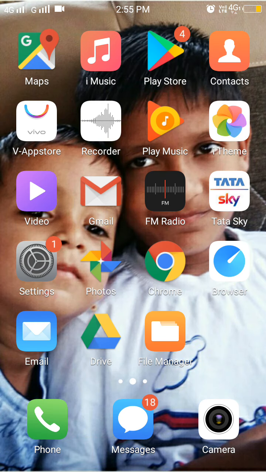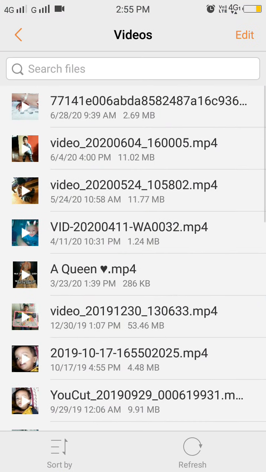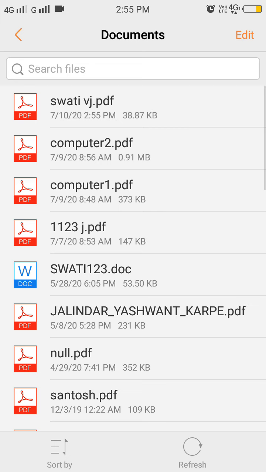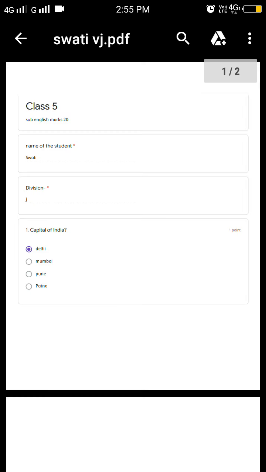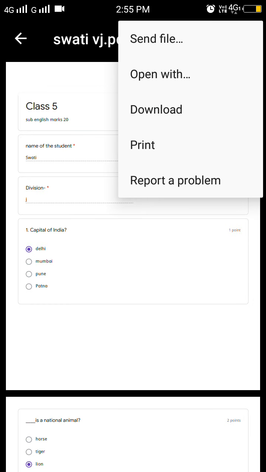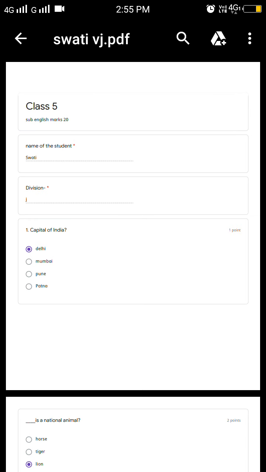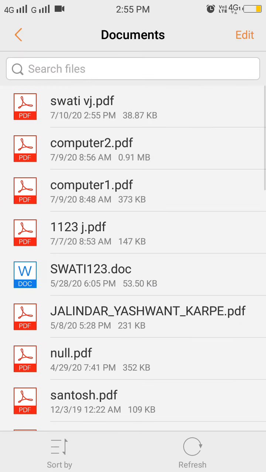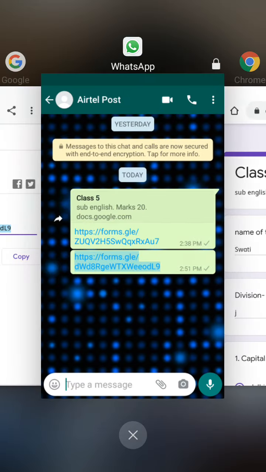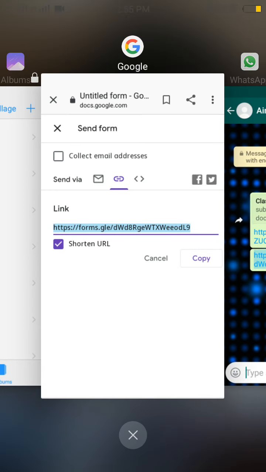Just go to the documents, see Swati 5th J, this is your student's paper. Just select and share the file to the respective class teacher or that student. So this is a simple way to create your online test by using Google Forms.